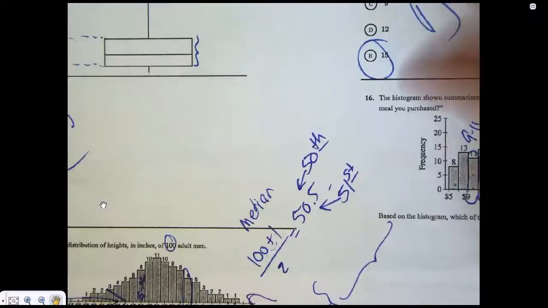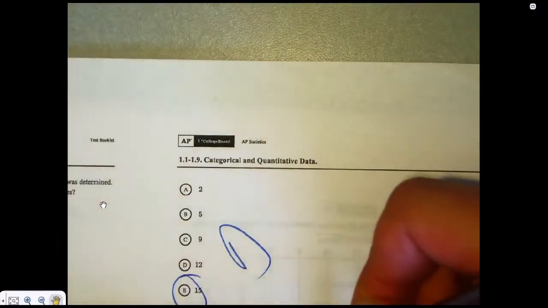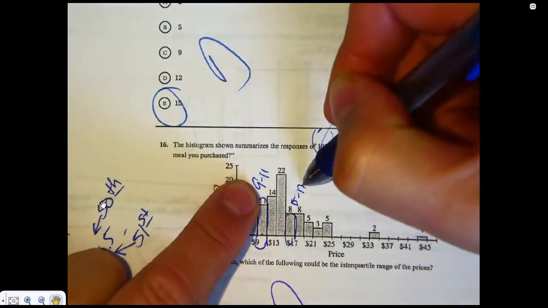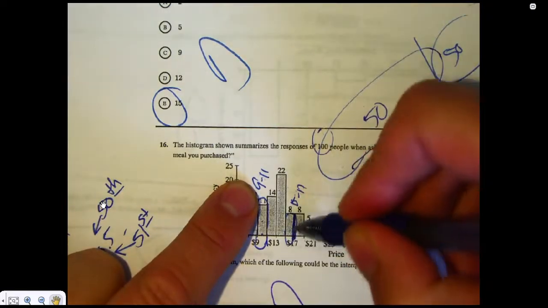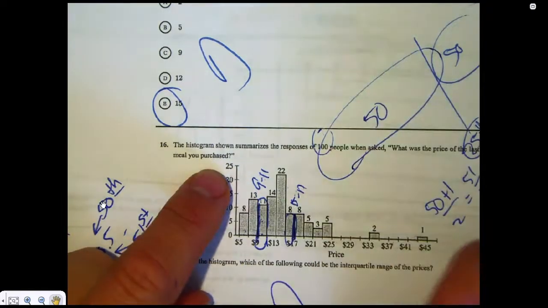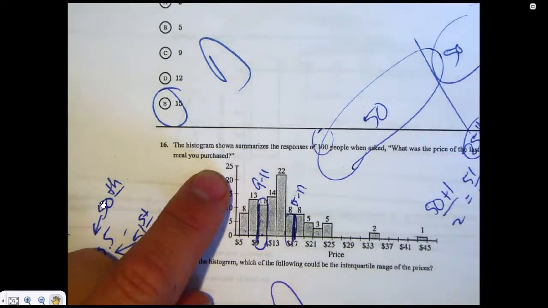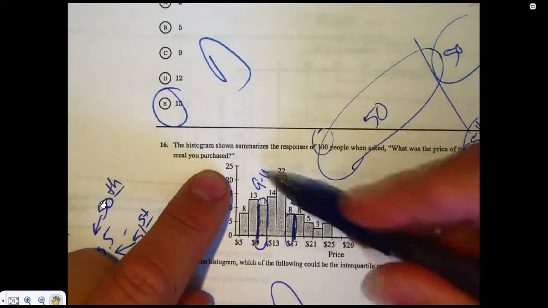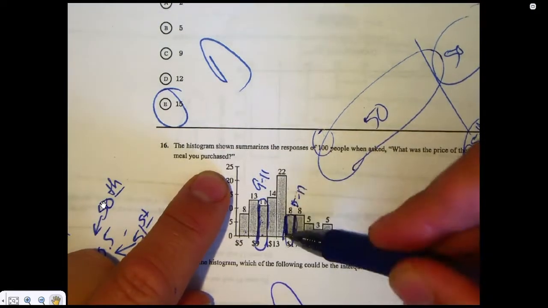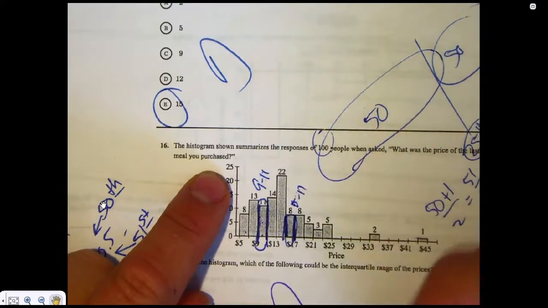So the IQR is going to be what you get when you subtract these, but it's a little bit goofy because it could be like 17 minus 9. Those are your two biggest numbers. So these could all be 17s, and these could all be 9s. And if you did that, 17 minus 9 will give you 8. Or we could be a lot closer. We could be on this end here, which is 15, and this end here, which is 11. So 15 minus 11 is 4. And if you look,